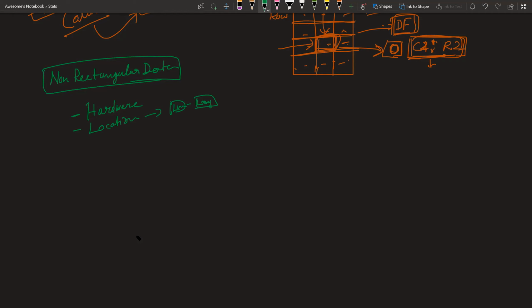Another example, if I say graph data, for example social information or physical information, those are non-rectangular data. And if I have an image, we convert that into digits, but it is also not straightforward in a table format, correct? Non-rectangular.